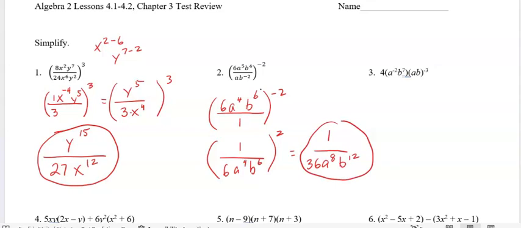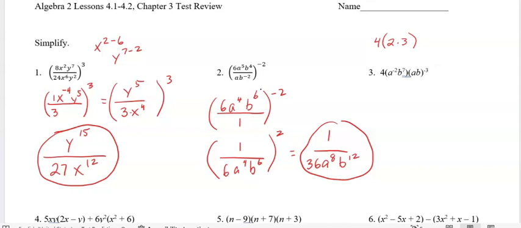Okay, so for number 3, I've had a lot of questions about this one, people thinking to use the distributive property. So maybe I can help you understand this a little bit better just by using regular numbers. So let's just pretend for a second that a is the number 2 and b is the number 3. They're just being multiplied together. I know they have exponents, but just for the sake of a simple illustration,